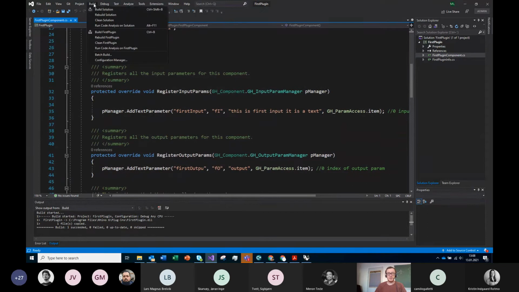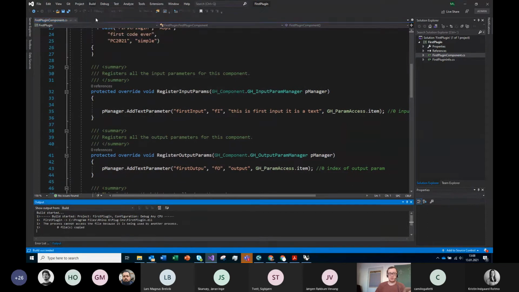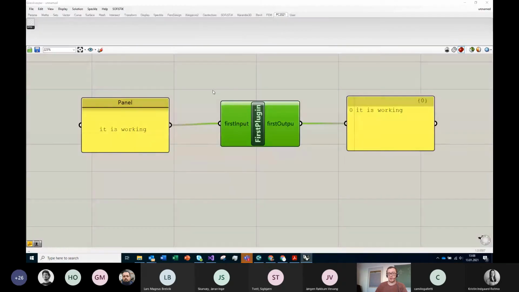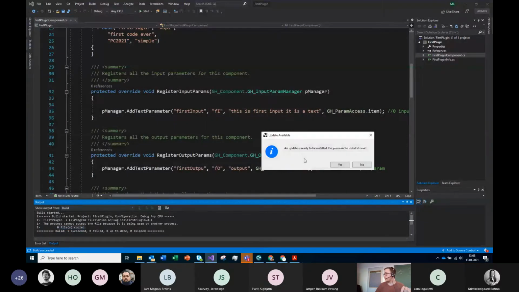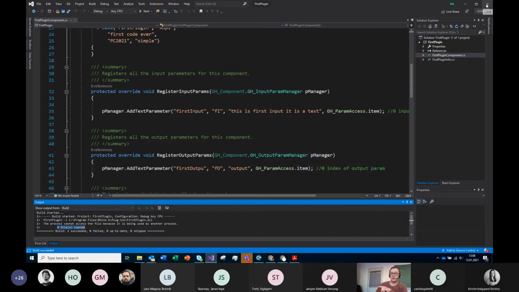Sometimes when you click build solution, it says it cannot run or 0 files copied. This means that your Rhino is working right now, and you cannot build. You have to close Rhino and Grasshopper before you start doing it. If you have an error like "unable to copy file", then unfortunately you have to run your Visual Studio